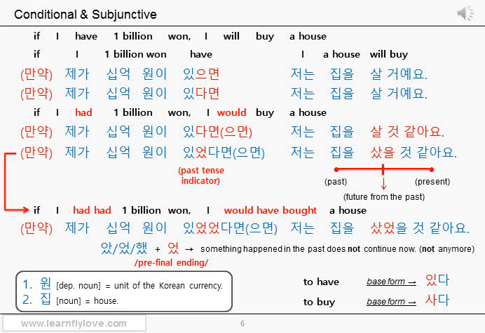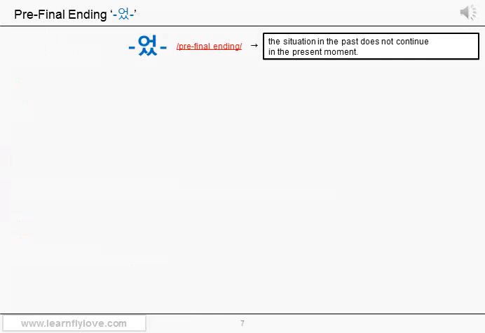Okay? Wow, this has been a long page. Let's summarize what we've learned on this page briefly. First of all, in Korean, you don't really need to think about the real possibility when you make a conditional sentence. The more important thing is the tense. Present tense means present tense. Past tense means past tense. Second of all, the combination of the past tense indicator 았, 었, and the pre-final ending 었, which is 았었 and 었었, does not indicate the past participle nor past perfect. The pre-final ending 었 is used to indicate that something that happened in the past is not happening anymore. Okay, that's it. Let's learn about the pre-final ending 었 more specifically.